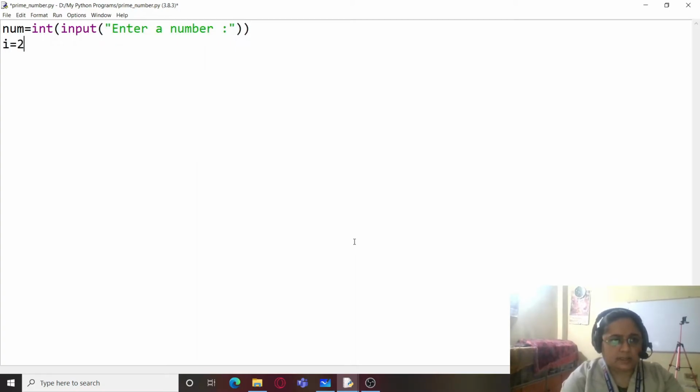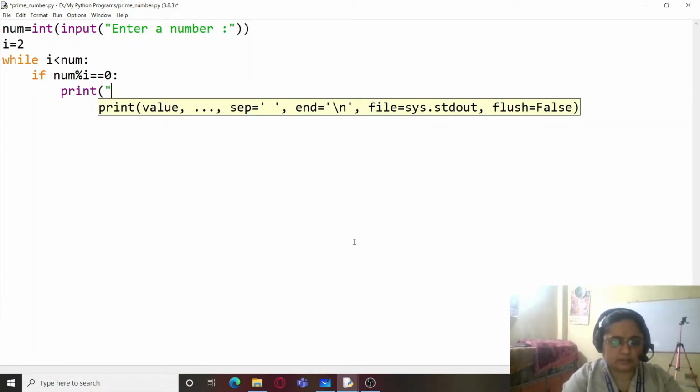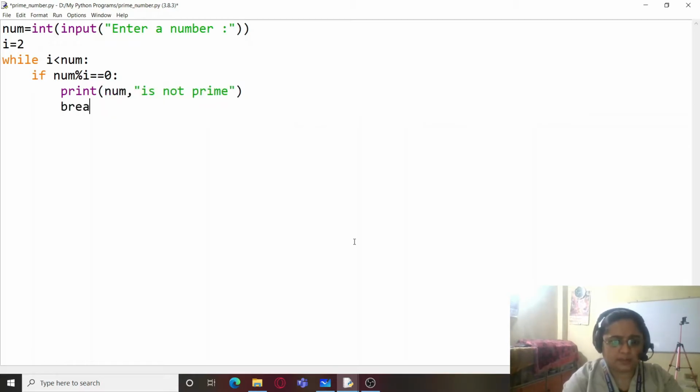I equals 2, while I is less than num, if num is divisible by I, then print num is not prime and break. So you can see the use of the break statement over here.